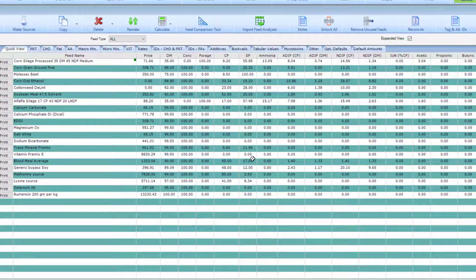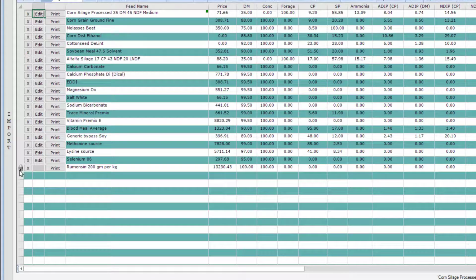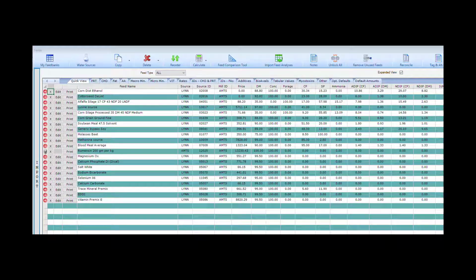2 additional bits of information I want to share before we finish this video. In my feed list, you can see a feed with a padlock symbol. This happens to be a feed from the commercial feed bank. All feeds originating from that feed bank have that symbol. As mentioned earlier, those feeds are closed to editing. They are padlocked. Sometimes you will see a feed with a red circle and white line. We call that feed locked, but it just means that it originates from another user's feed bank.